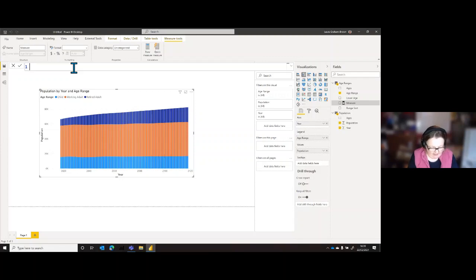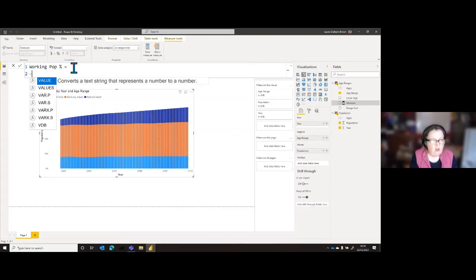We're going to do into here working percentage, equals. Firstly, we're going to create some variables. I'm doing this as two variables, breaking it into stages, which is a great way to do these calculations.